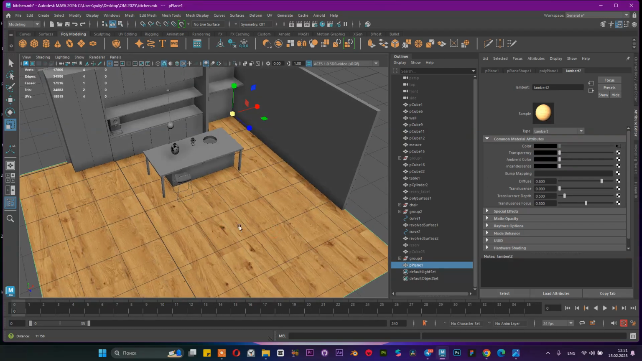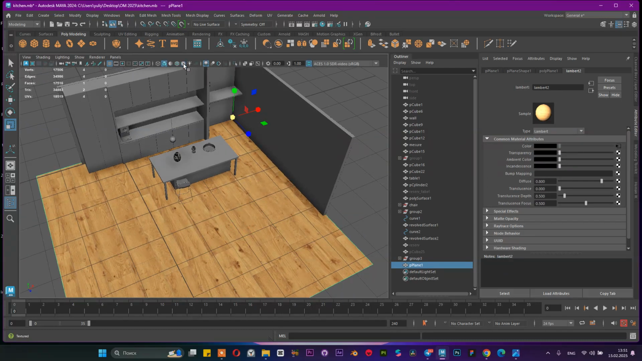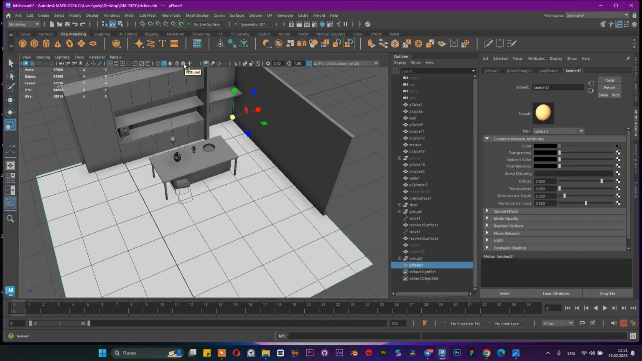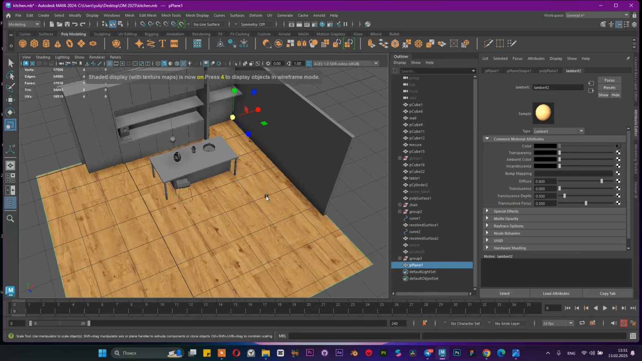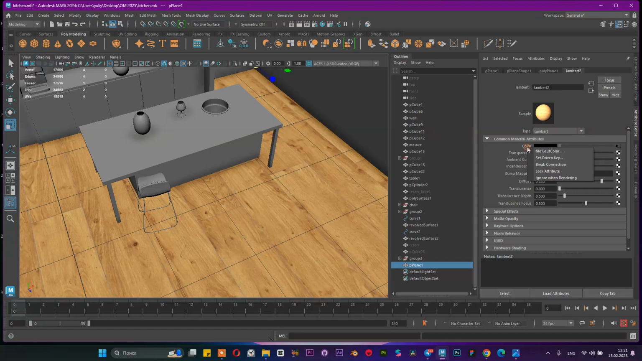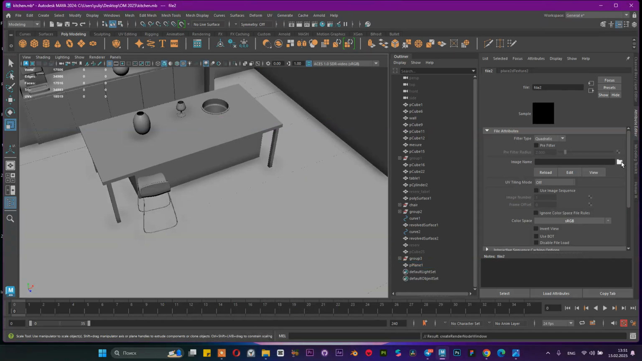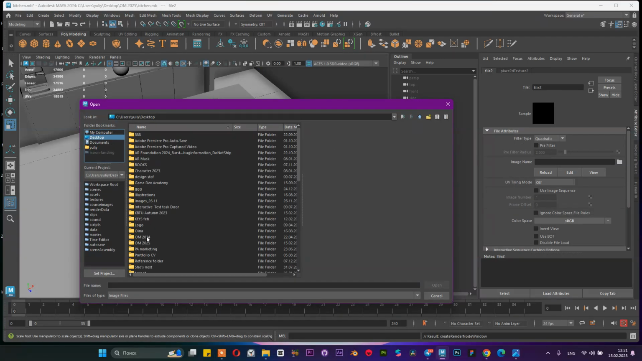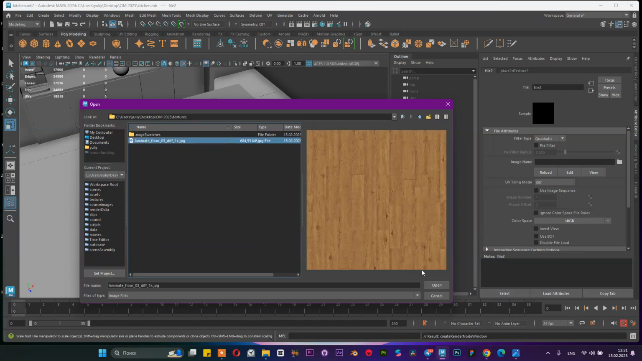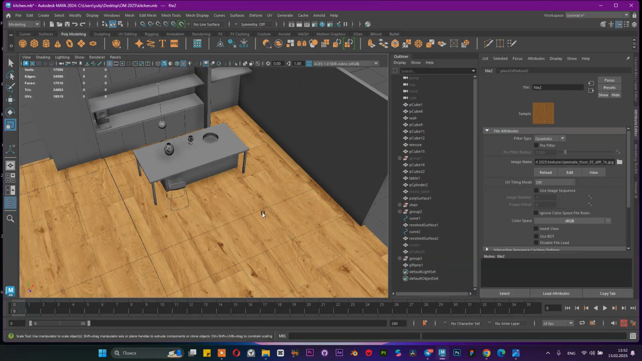Let's see what we have. If you don't see any textures, you can switch on texture preview. It means pressing 6 on the keyboard, and you will see a textured object. If you don't like the color for this model, you can break the connection and assign it again. You press this checker button, open the file, and find the location of your texture and use this texture for the